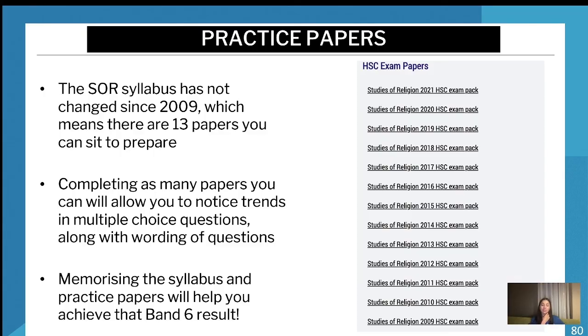I know with past papers it's hard to sit down. Maybe not for everyone. Maybe some people find it really easy and they're really used to it. Personally, for me, it was a struggle. But if you can just do at least one, just so you know which section is the easiest to write. Maybe you can get multiple choice done quickly and you can have a bit of a longer essay. I'm not sure. It really depends on you.